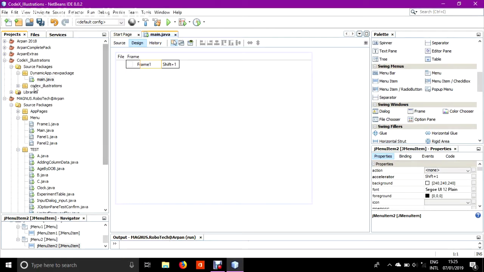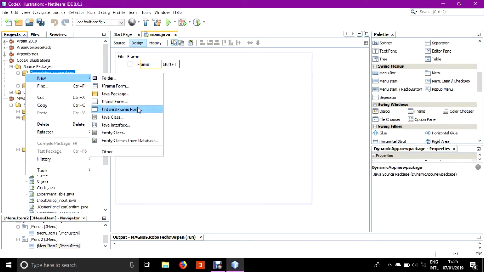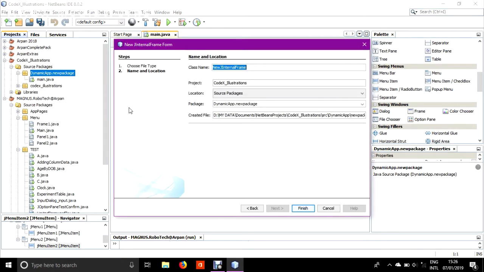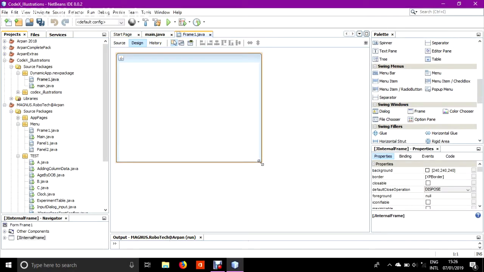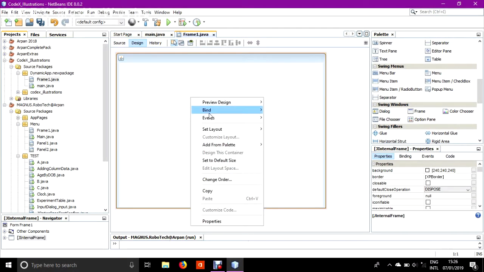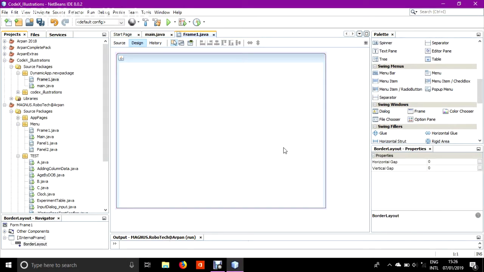Now I will create not a JFrame, not a panel form, I will create an internal frame form. I created the internal frame form. I will name it Frame 1. Now I have to change the layout here. Right click, set layout, and set it to border layout. It was actually the default, but